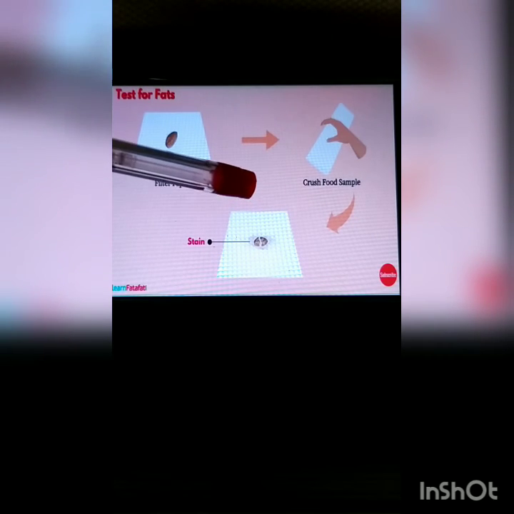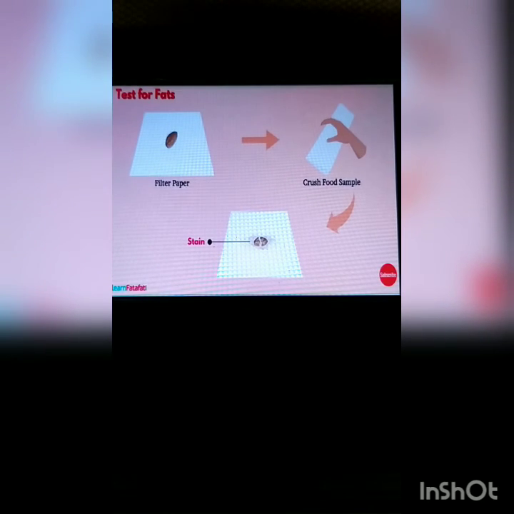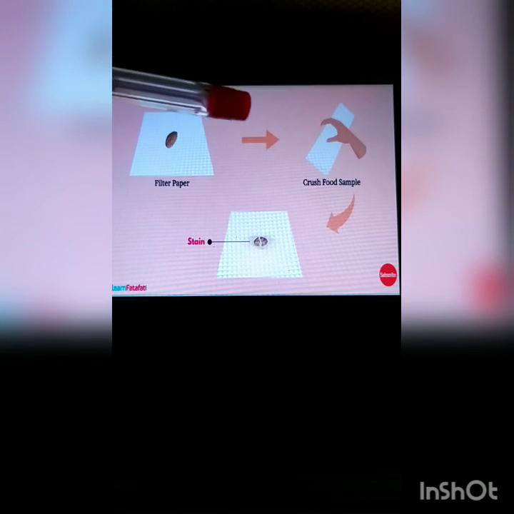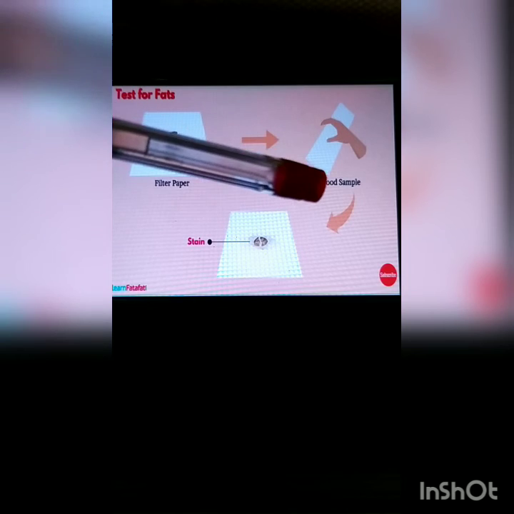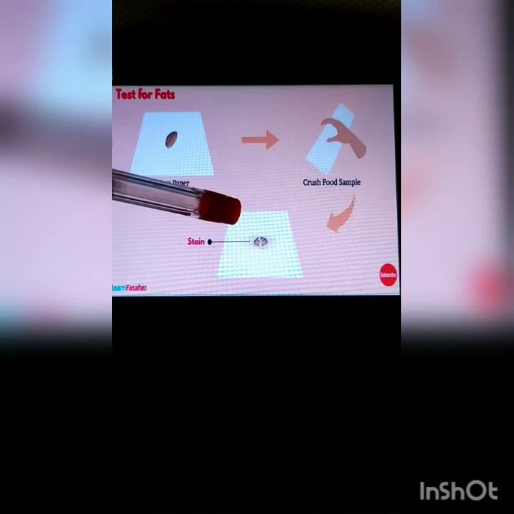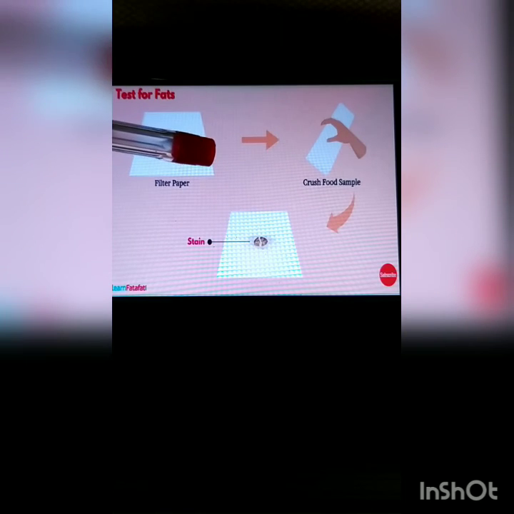We have heard about the almond oil, which is available in the market. So this test indicates that this food item is containing the fat. The food item may sometimes contain even a little water.